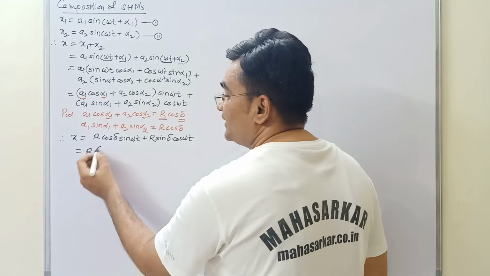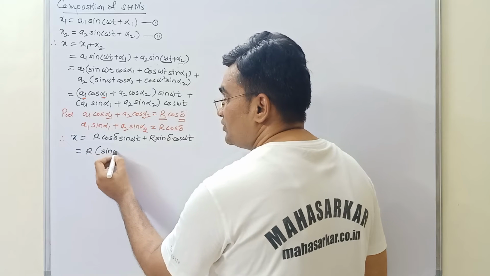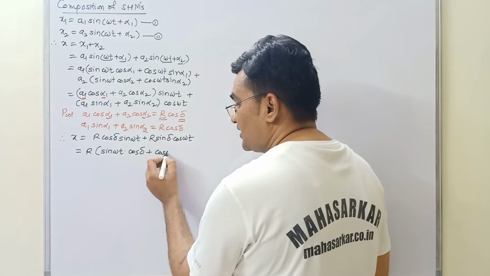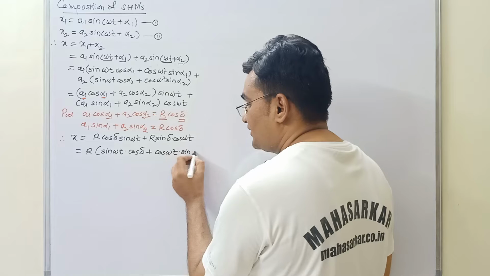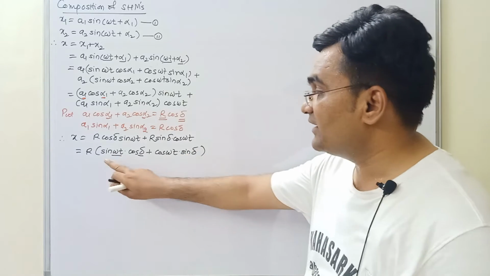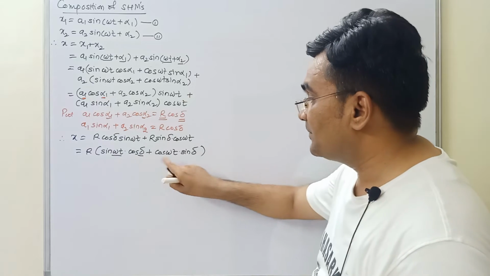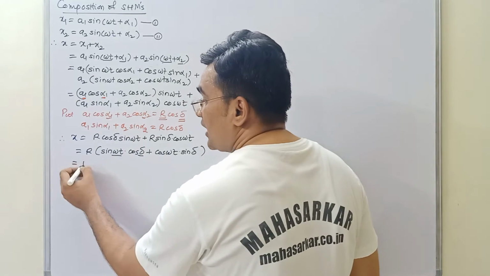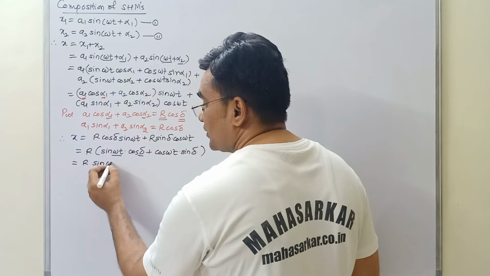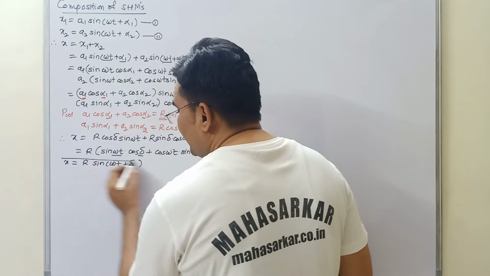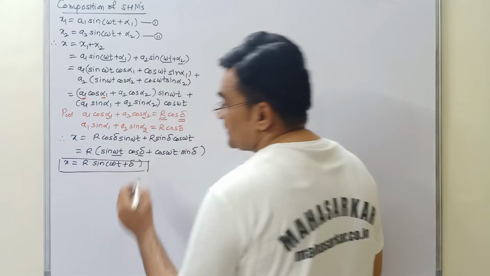So in the bracket we get sin omega t cos delta plus cos omega t sin delta. See, omega t is a and delta is b, so it is sin a cos b plus cos a sin b. So it is the expansion of sin(a plus b), so R into sin(omega t plus delta). So what I can conclude from this is that